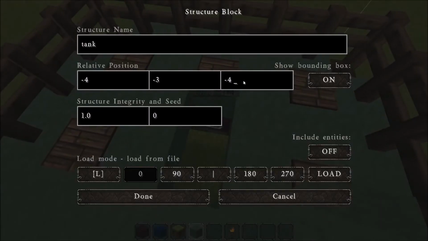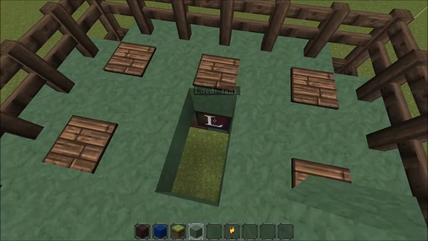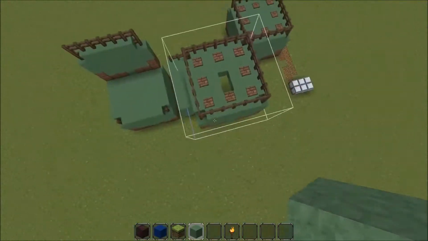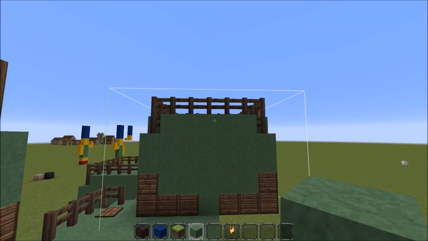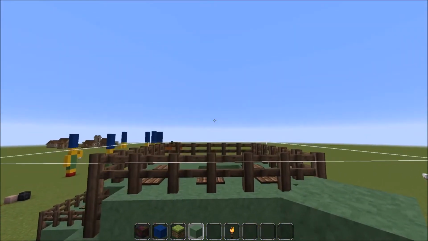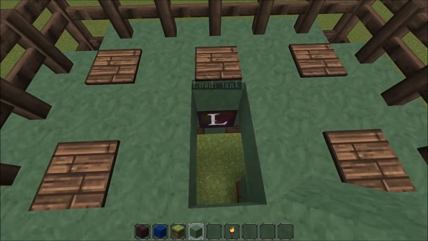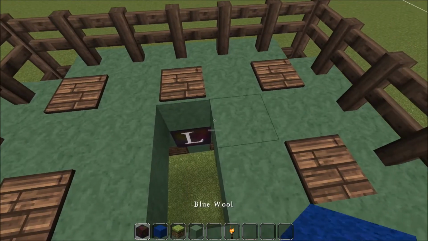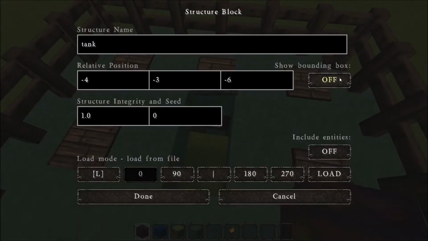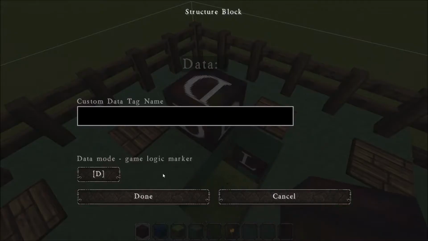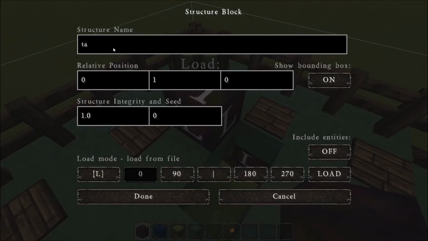Damn it. 6 then. There we go. So this is what the regular tank structure would look like. And whenever you press a load button, if I use just a regular load block to load the tank,